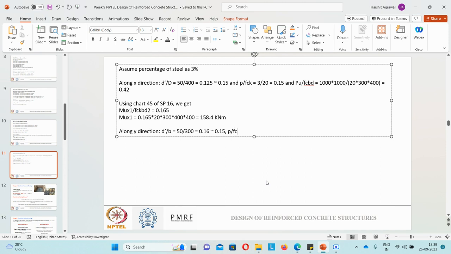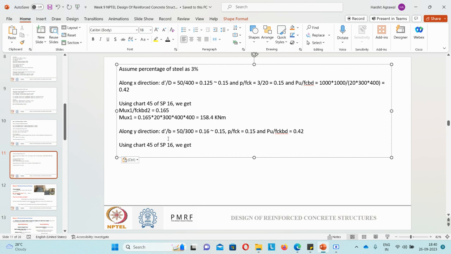P by fck is the same, 0.15, and Pu by fck is also the same, 0.42. We need to refer to the same chart, I guess. Since d dash by D is the same, p by fck is the same, and Pu by fck is the same, again using chart 45 of SP16,